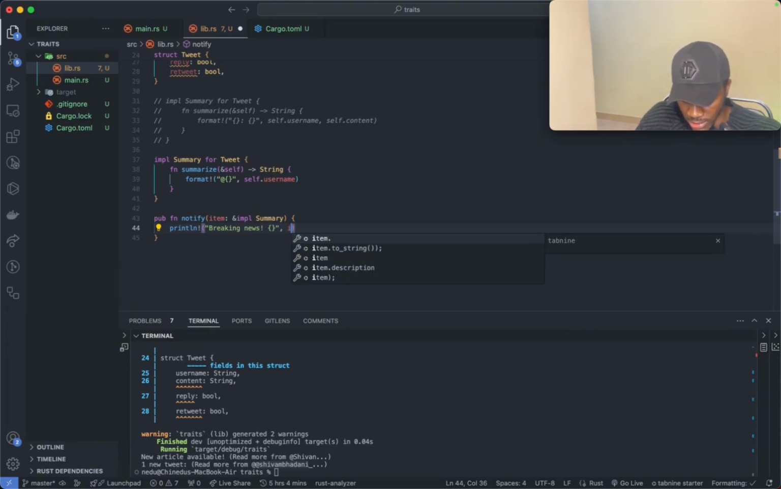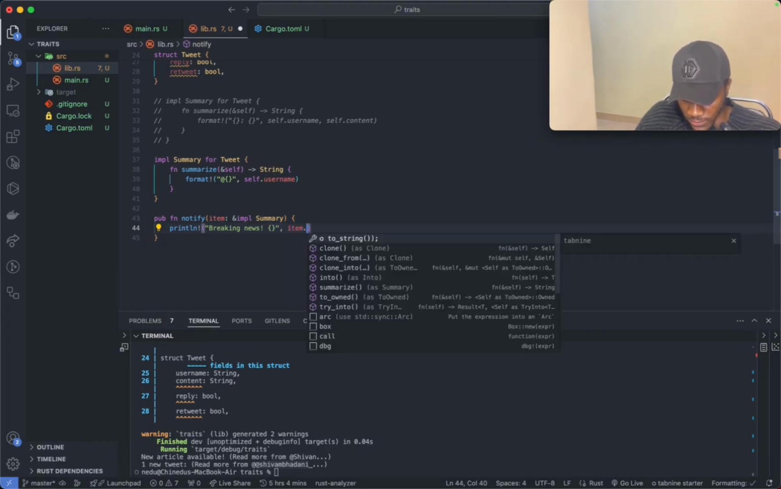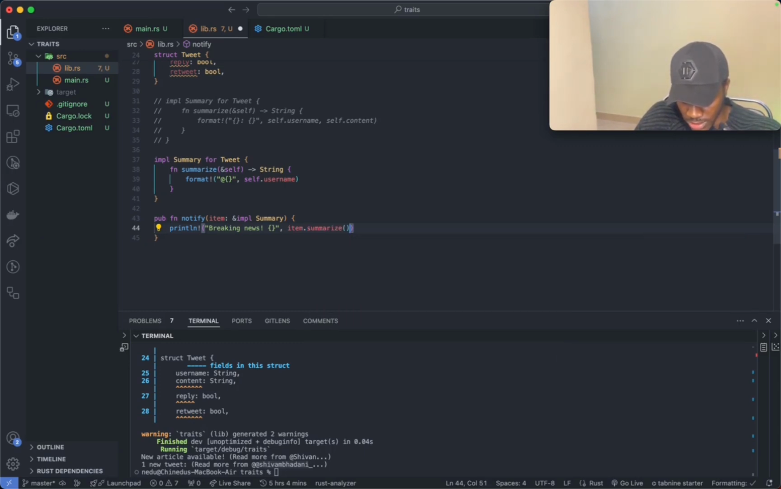After that, I'll say item dot summarize. We should get access to item dot summarize. And don't forget to put your semicolon. So what's happening here is, instead of specifying a concrete type for the item parameter,